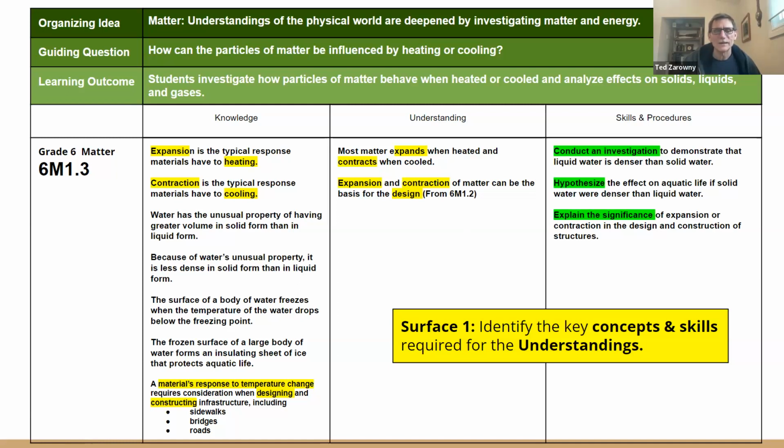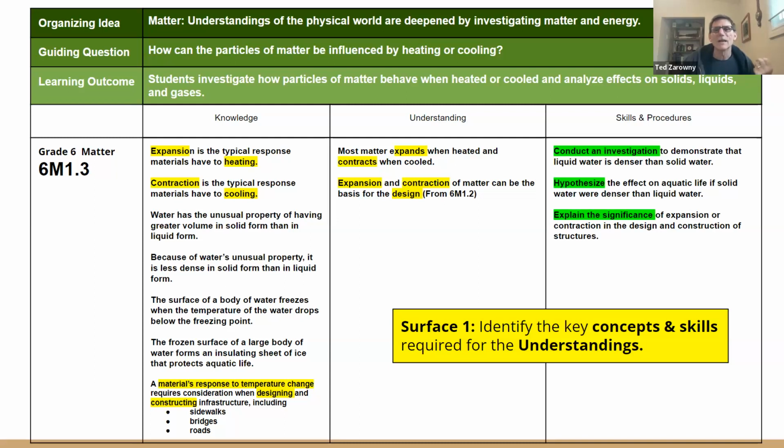And you can see how that links directly to the stuff when we're talking about design of bridges and roads and so on. Cusp line 2 really talks about the design of thermometers. And we think that's, again, an example of a basis for design. So expansion and contraction can be the basis of a design for sidewalks, bridges, and roads. And then we'll see later on, we took a look at cusp line number 2 for thermometers as well. And again, you could see those are the two key concepts that students need to understand.